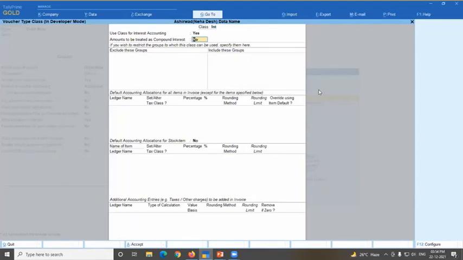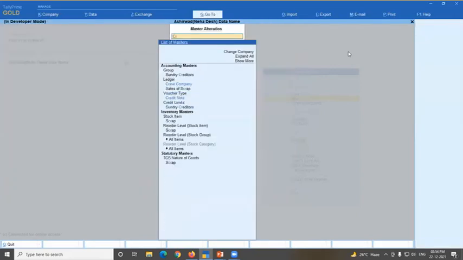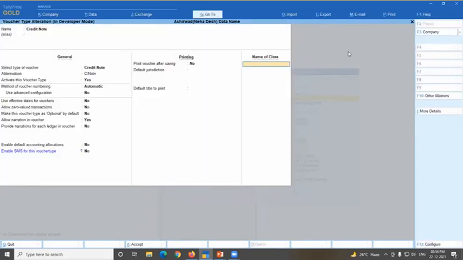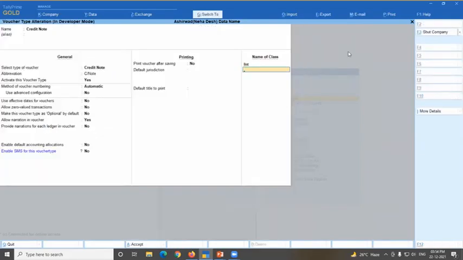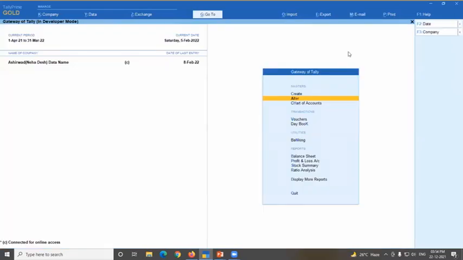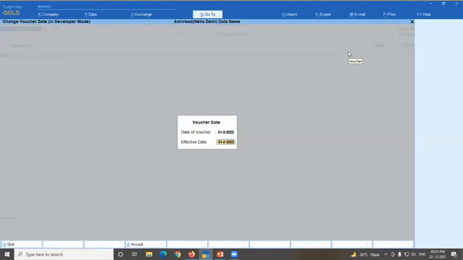Interest is normally of two types, simple and compound. I'm not going inside, but just try this. Okay, interest. And I'm also putting INT here for credit note. Yes. So interest may be debit or credit; maybe I have to pay or maybe I have to receive. Now I am going into vouchers on 31st March.